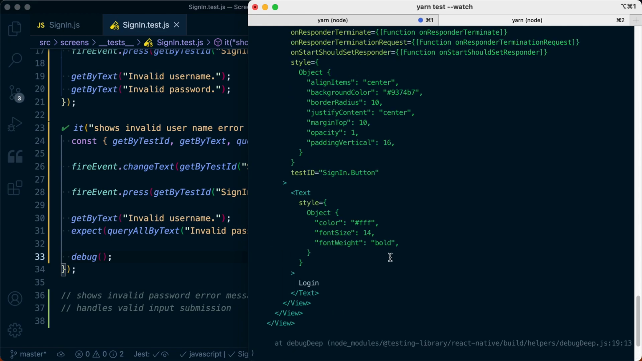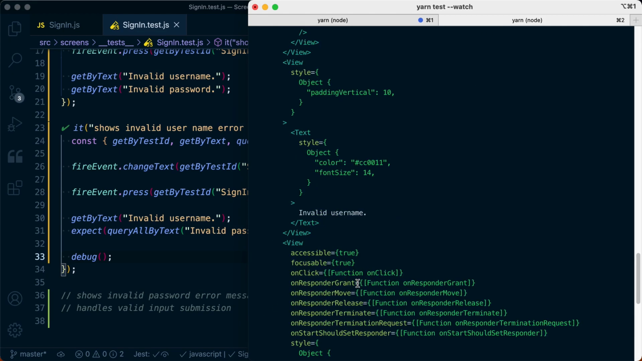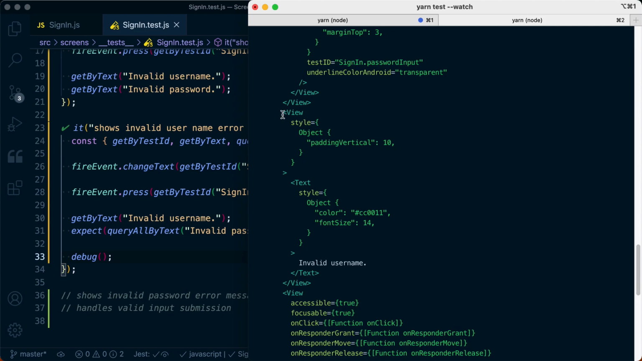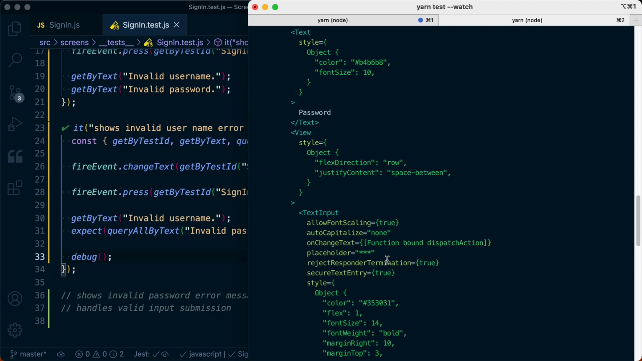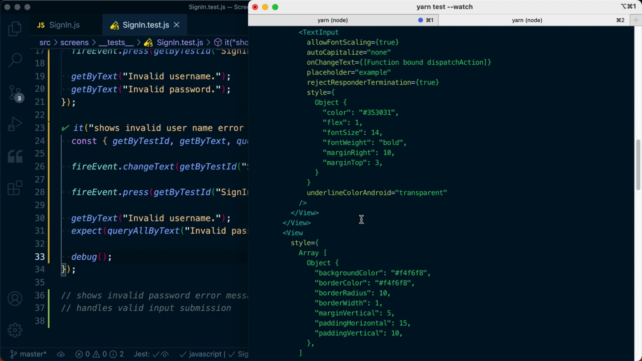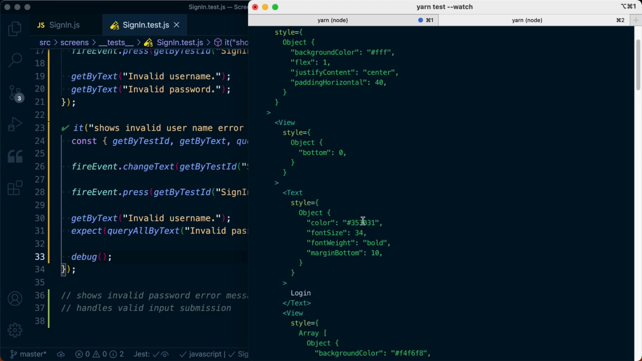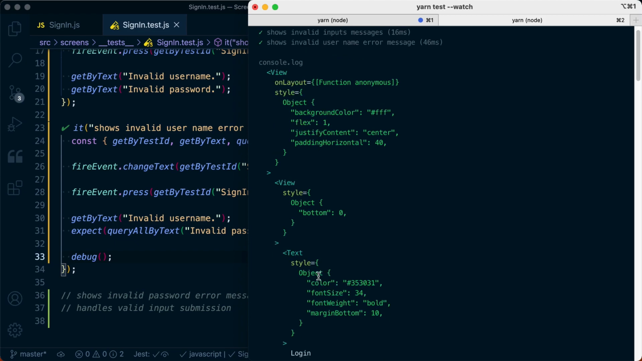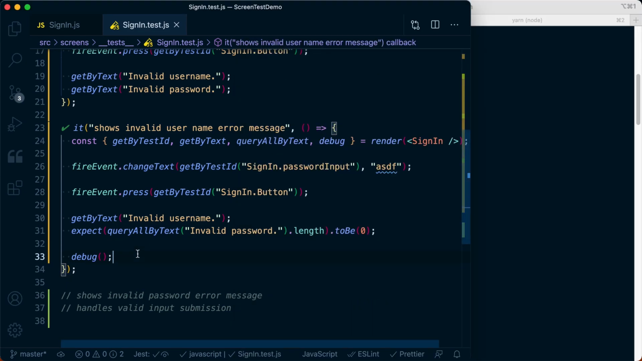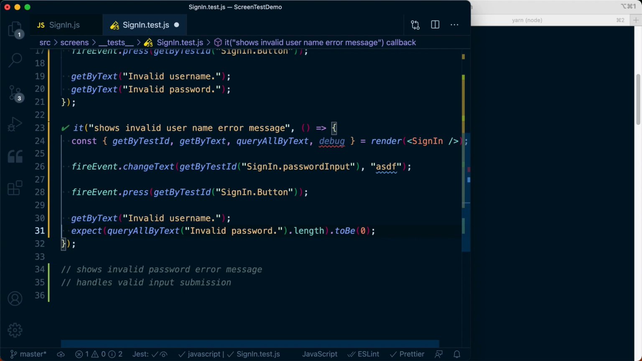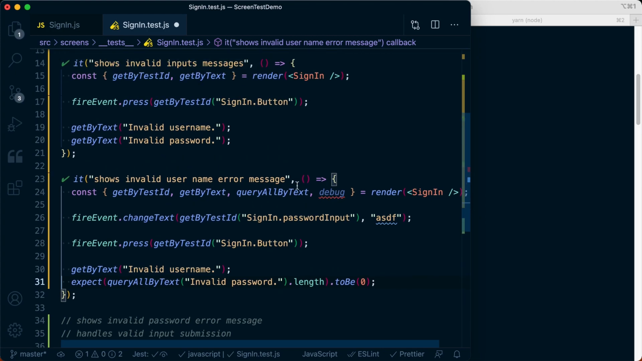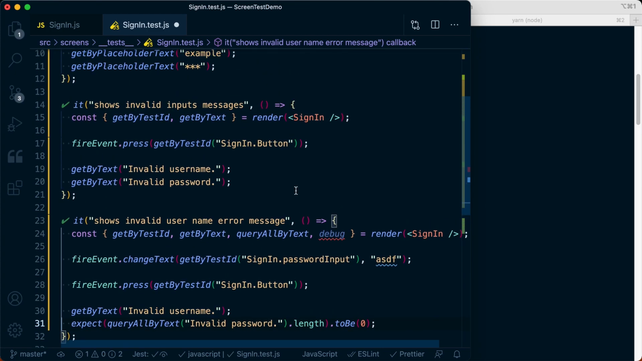So if we look here, we can see our login button, and above that we see our error text. We do see invalid username. We don't see invalid password anywhere. We see our inputs, and we see our header text. So we're seeing everything that's going on there. So everything looks right. And as I write that,